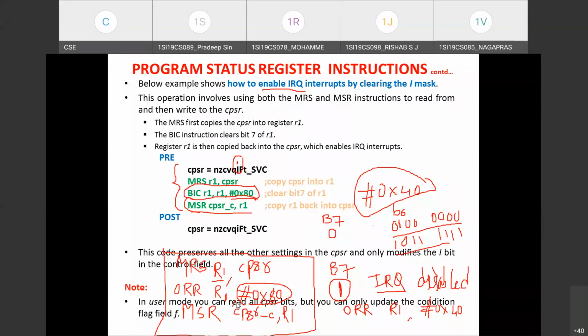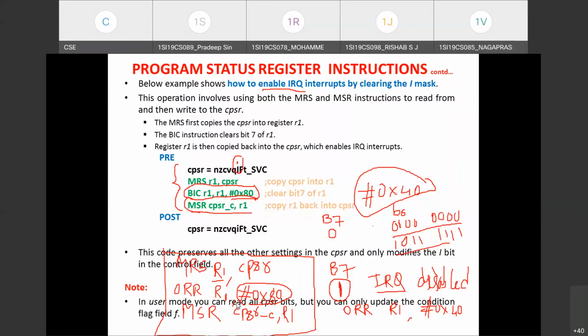With this, we have completed all the instructions of ARM. We started with the data transfer instructions. Under data transfer instructions, we discussed so many instructions: move instructions, arithmetic instructions, logical instructions, comparison instructions, and multiplication instructions.